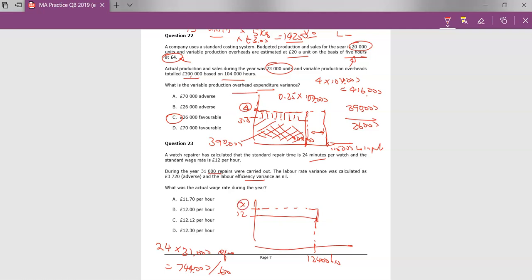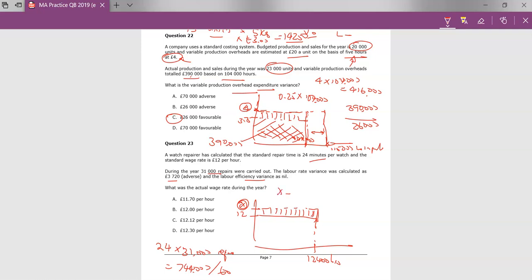So I know that what they're basically telling me here is that this X, whatever it is, this thing here, 12 point whatever, times 12,400 minus 12 times 12,400 is equal to 3,720. They're telling me the answer, the difference. They're giving me the answer to this area. They're telling me to just now find this. In effect, you just think about it. There's several ways you can do it. I'm basically saying that